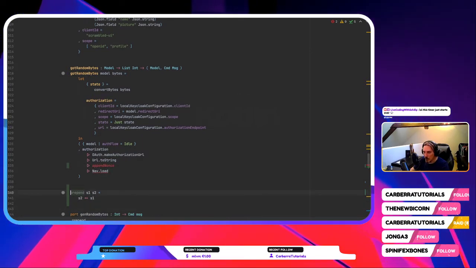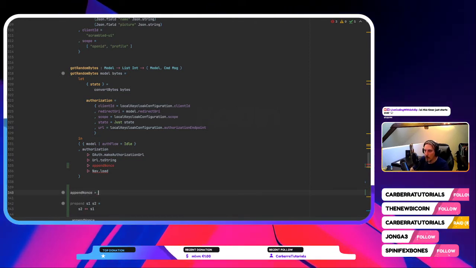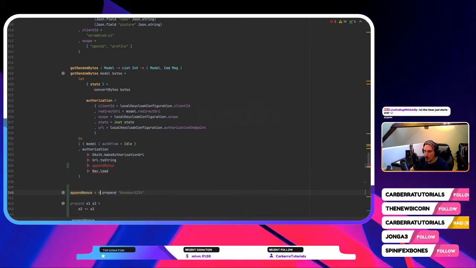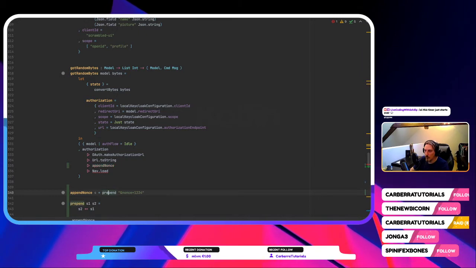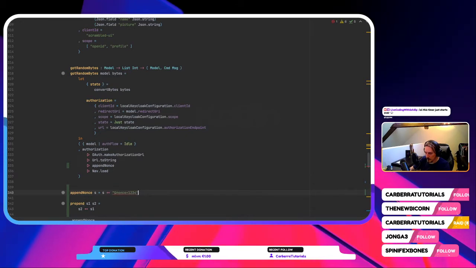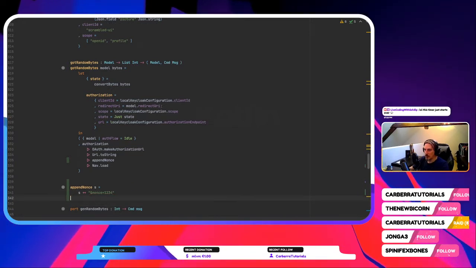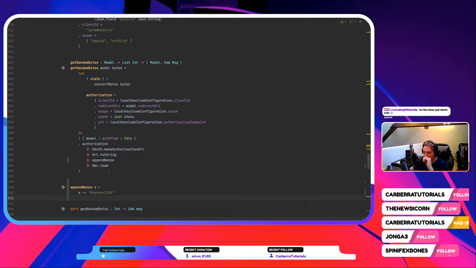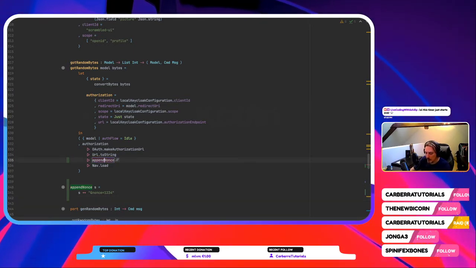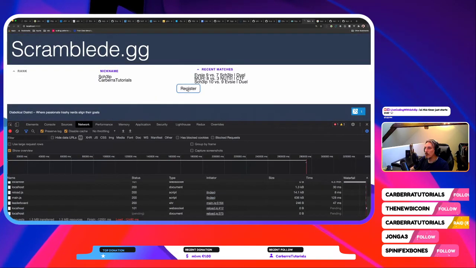Okay, and then this can just become, oh, that's funny, because now we can just use append. That looks a little bit better. Maybe we can also add dummy nonce, because it's a dummy nonce. We don't really use this. And now we instantly get redirected because